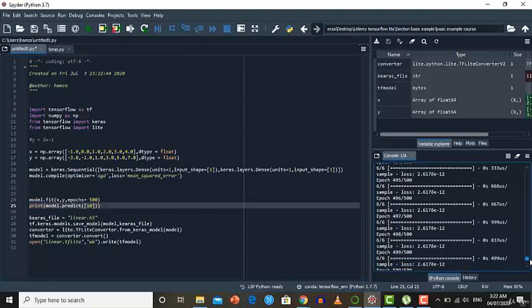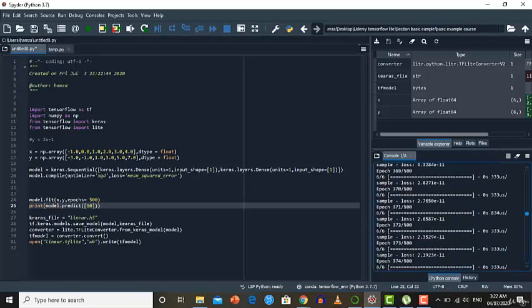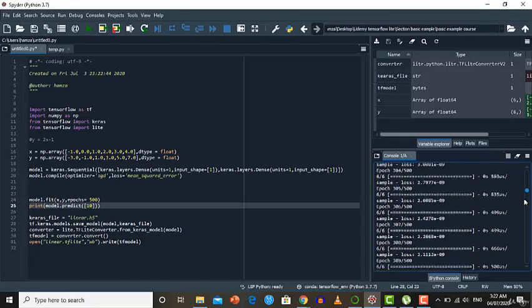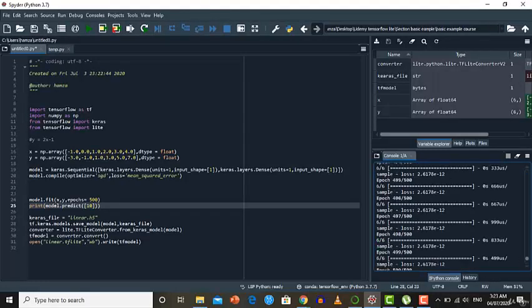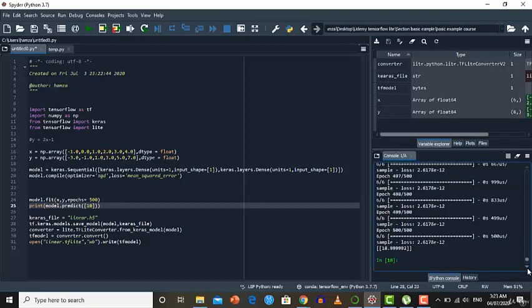So our model training is completed, and for 500 epochs our model is trained, and you can see that for each epoch the value of the loss function is printed here. When I move to the earlier epochs, for now I'm at 370, and when I go further, I move to 253, and here you can see that the value of the loss function is 10 to the minus 7. But when we move to the last, the 500th epoch, you will see that the value of the loss function is 10 to the minus 12. So the value of the loss function is quite minimal at the end, which means that with each epoch the value of the loss function is minimized, which is our main goal: to minimize the difference between the actual value and the predicted value.